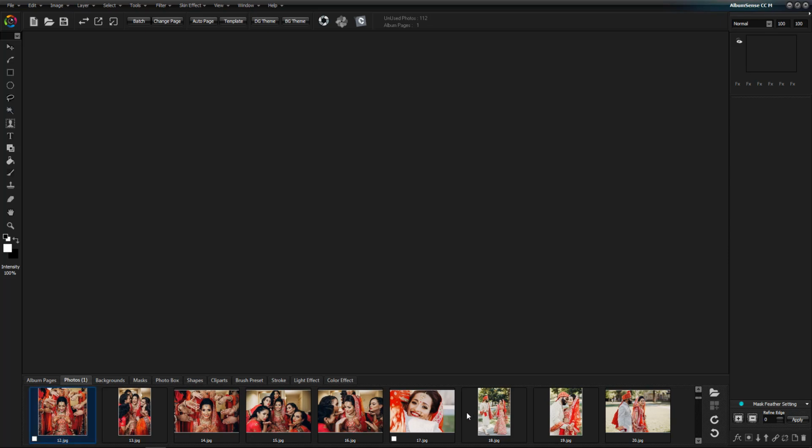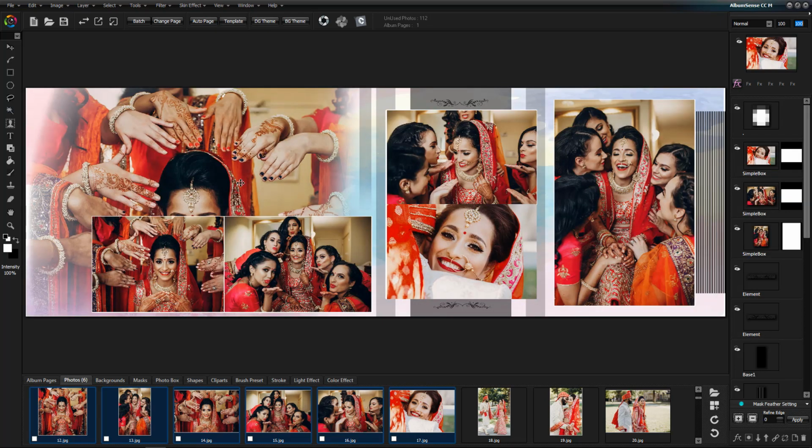Now we create one page with the automation. We had selected some photographs and clicked on the auto page button.